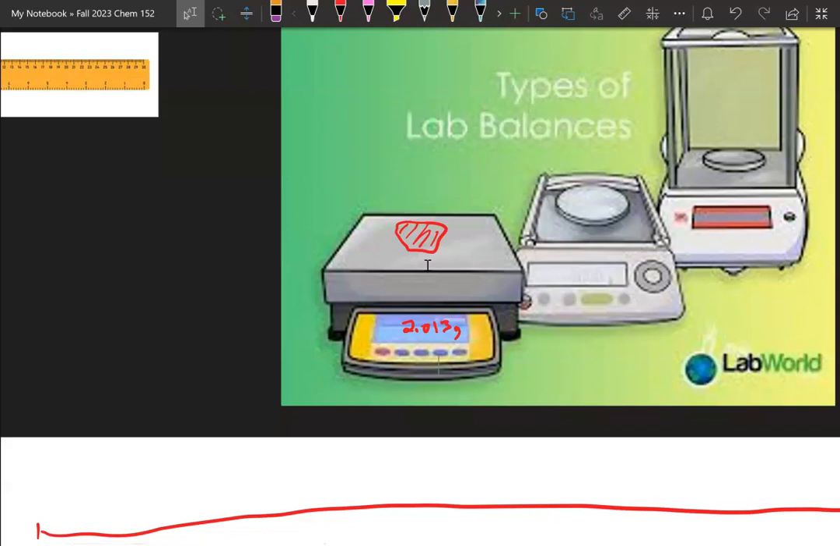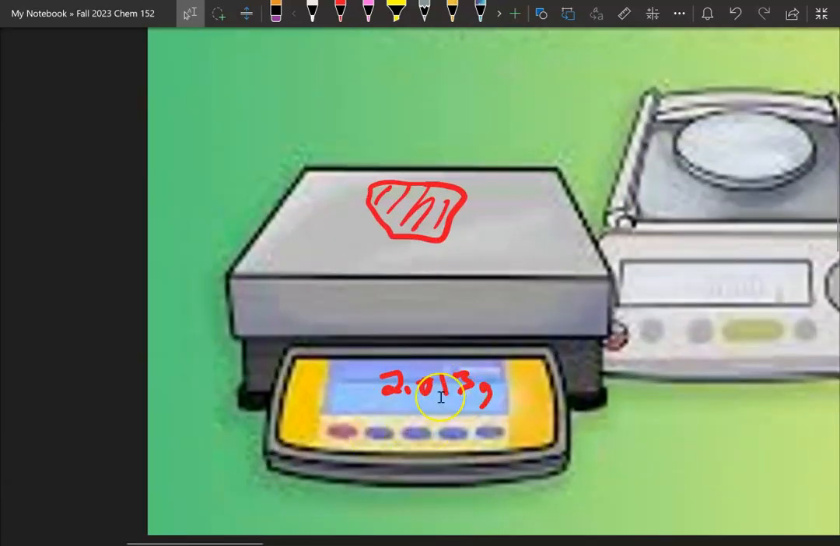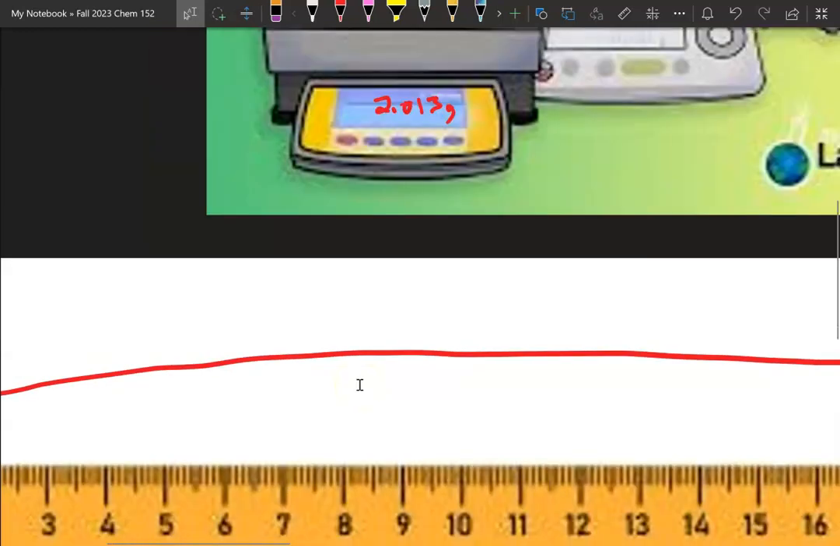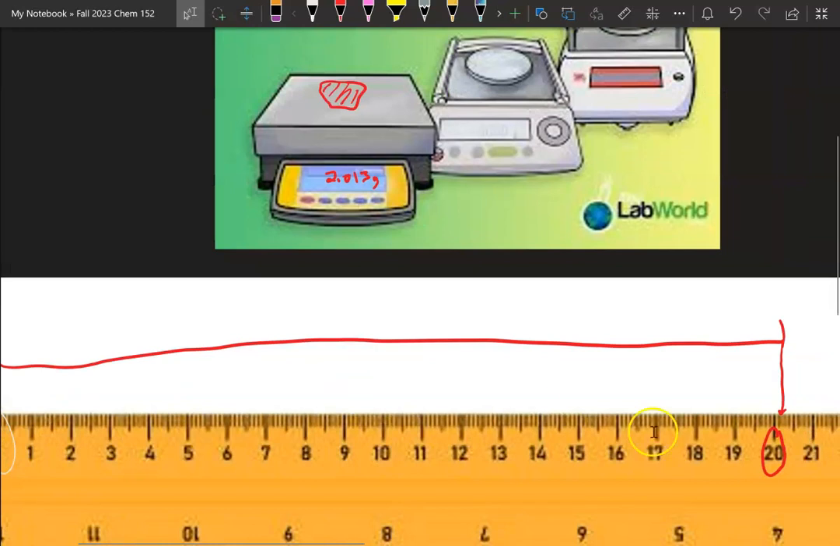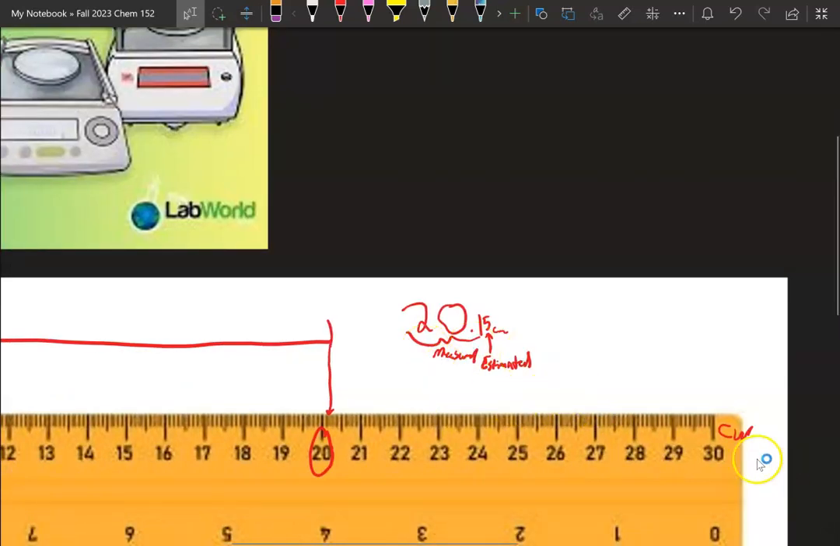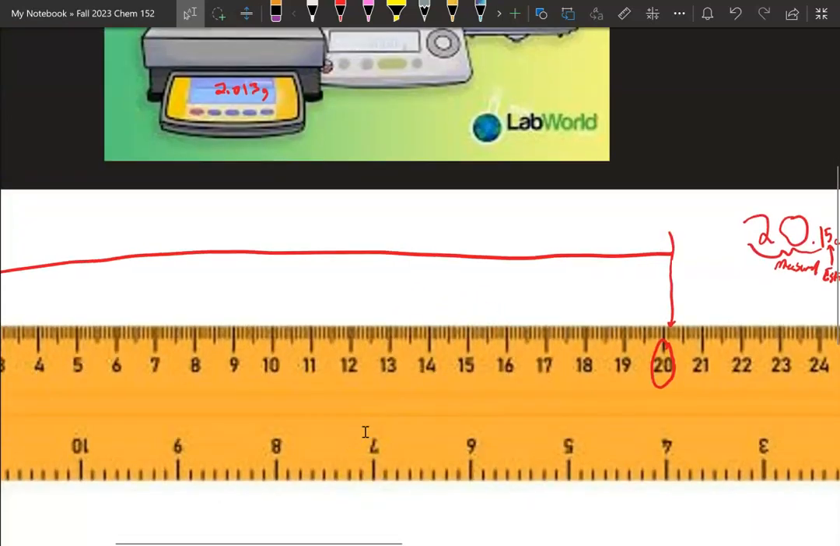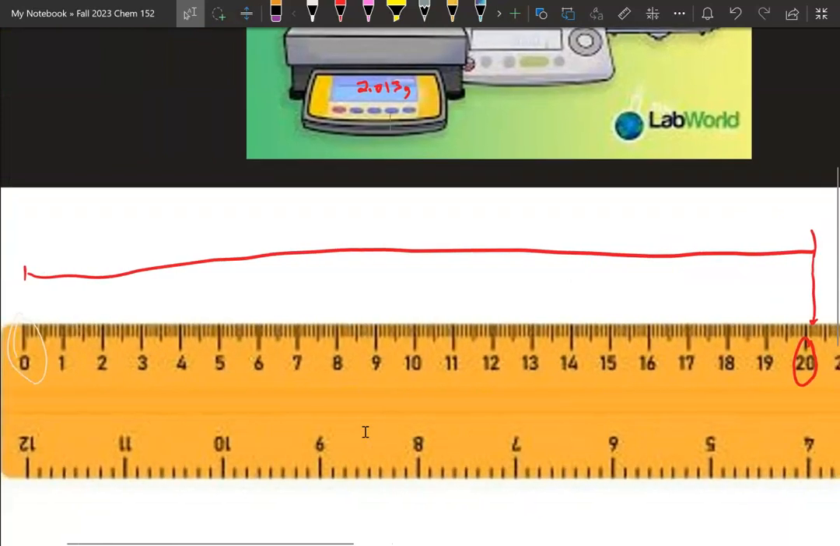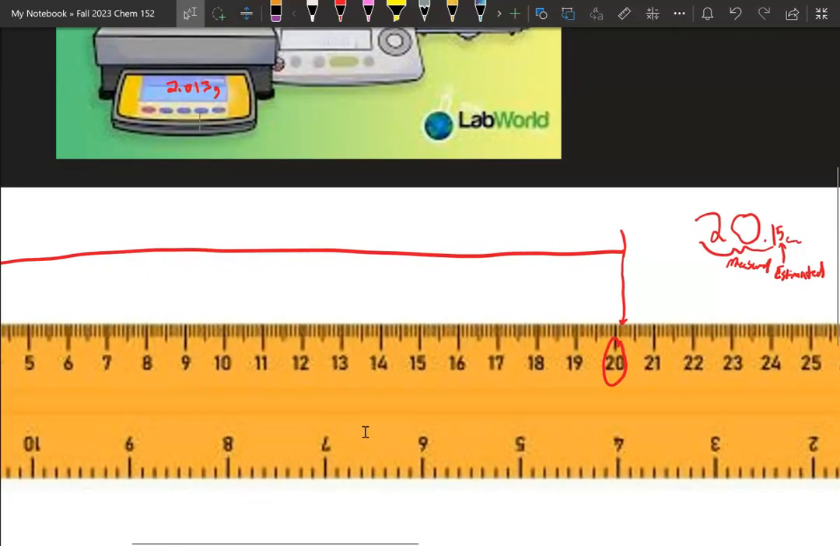In this case, if it's on the balance, you just write down the value that it gives you on the screen. If it's in the ruler, you're going to have to measure that ruler, but keep in mind that when you measure, you record it with centimeters, because that's the unit that's preferred, and you measure it to the point where you can estimate in between the line. And that takes a little bit of practice, but again,